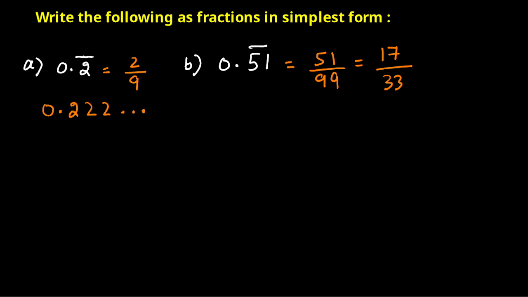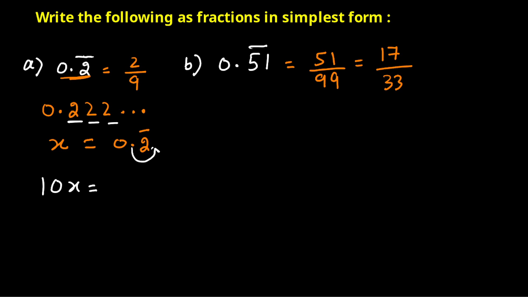But how can we find the answer using algebra? Let's put this value equal to a variable, x. So x is equal to 0.2 bar. Now multiply by 10, because only one digit is repeating, 2 2 and 2. When I multiply it by 10, the decimal point moves one place to the right. Multiplying x by 10, I get 10x,